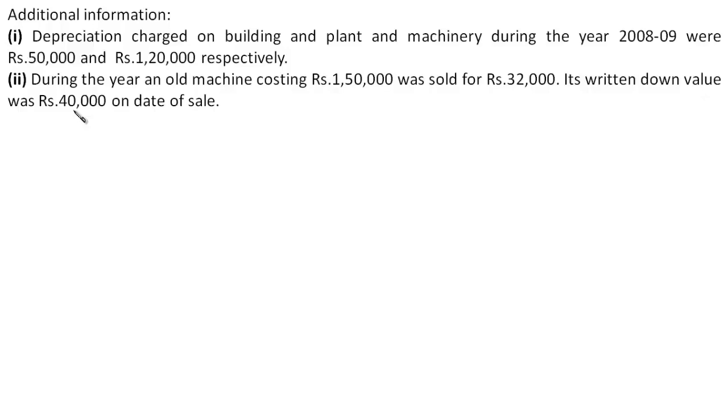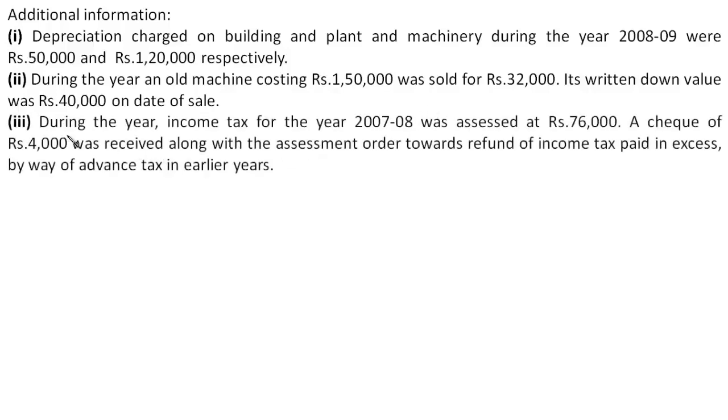So here you get some additional information, that is, the machine costing 1,50,000 was sold for 32,000. Its written down value is 40,000. So 40,000 worth of machinery is sold for 32,000. So there is a loss on sale of asset of 8,000. That should be kept in mind, because when the profit was arrived at, it would have been arrived at after providing for this loss of 8,000. That should be added back. Next item,